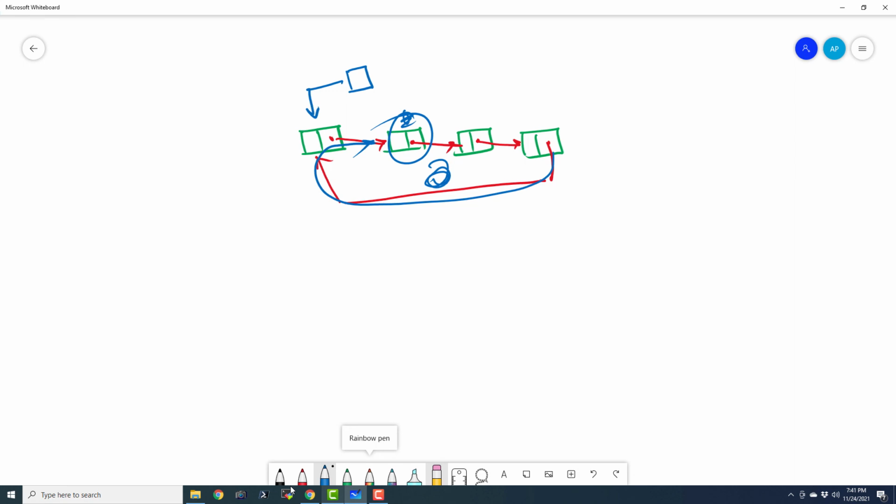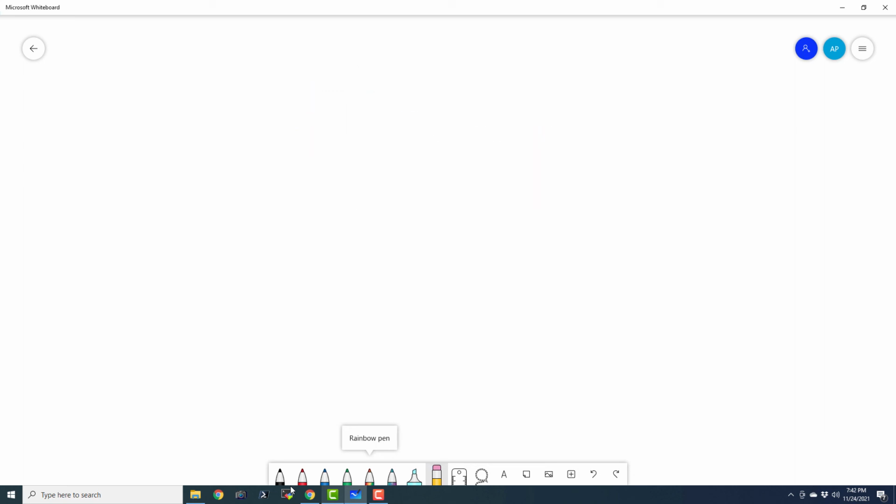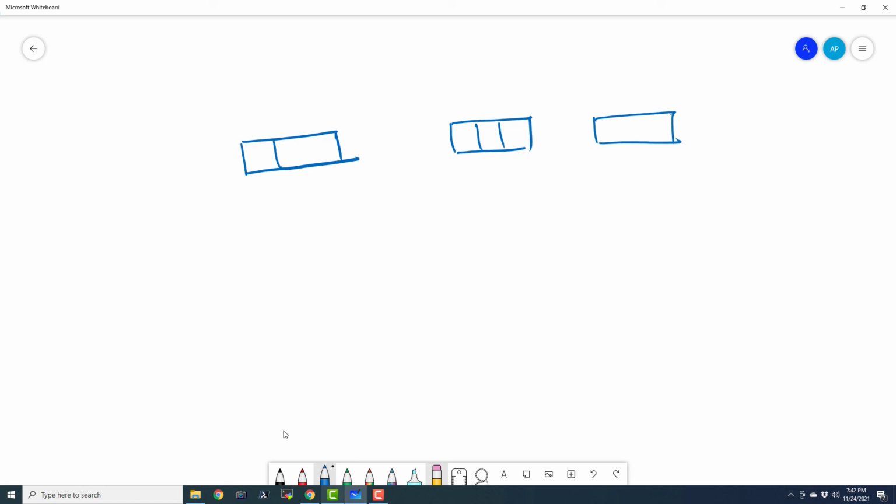Now let us go ahead and see another type of linked list, and it is known as doubly linked list, and it is also an interesting piece of programming. So a doubly linked list will have, okay, I need to choose a pen, I guess, 3 fields. So these 3 are nodes.